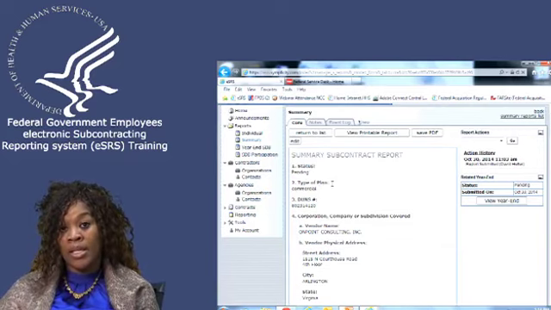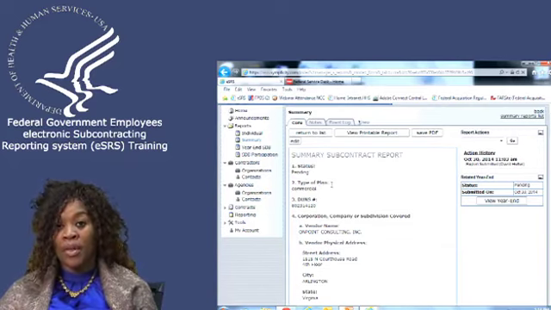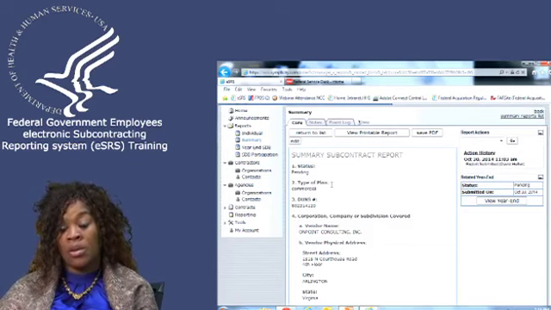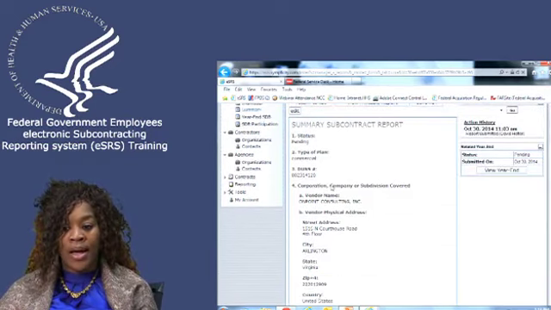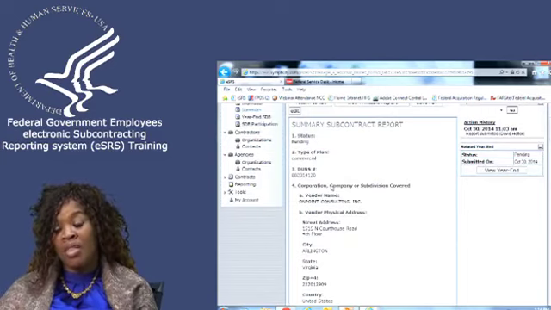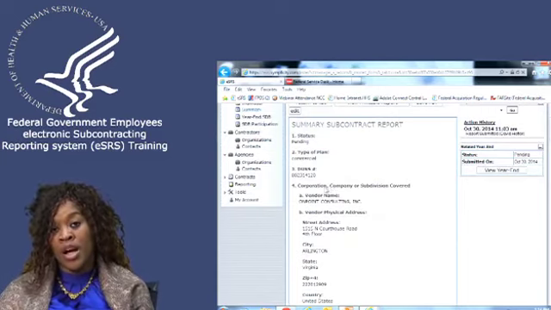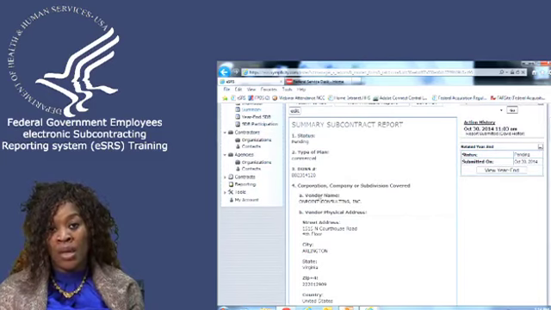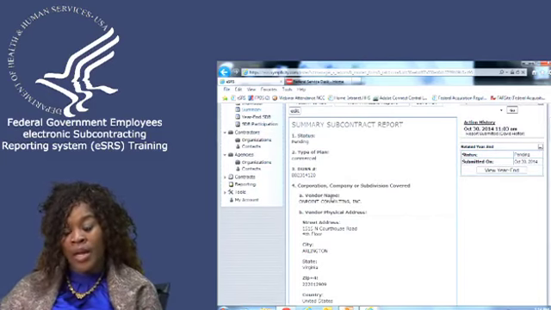either individual subcontracting plan or the commercial subcontracting plan. So as you're reviewing the report, you will be able to see if this contractor is meeting their goals or is not meeting their goals. On the commercial plan report itself, it will not show you the goals. It will only show the accomplishments. And that is why you would need the subcontracting plan so that you will be able to identify if they're meeting their goals or not.